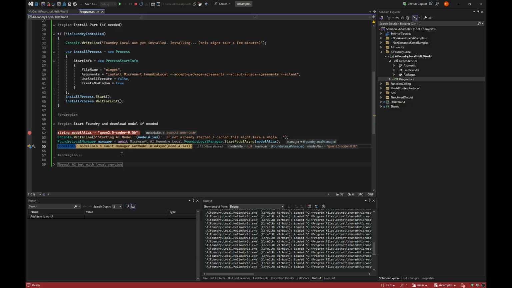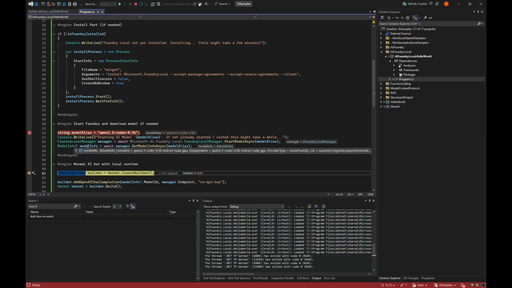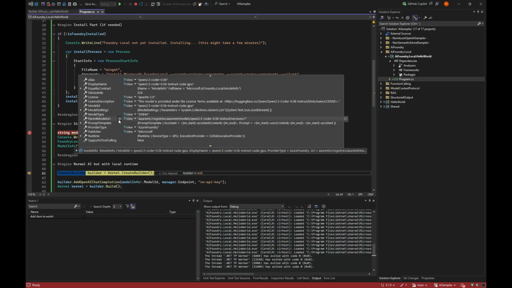And the model info is needed because this was just the alias. And a real AI needs to have the full name of the model, and that is what we get here. We have the alias here, but we have the real name, which is the model ID here, saying it's GPU, run on the GPU right now.